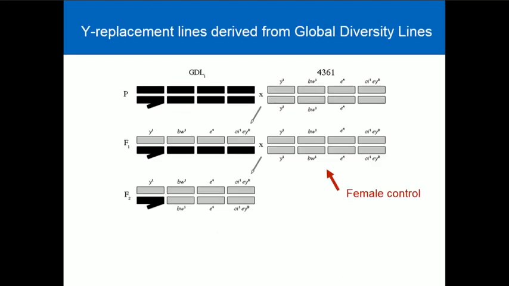So this means making Y chromosome replacement lines, and this is dead easy. There's a line that the Bloomington Stock Center has that has markers on all four major chromosomes in flies, and with just 2 generations, if you set up a big enough cross, 1 out of 32 flies will be of this sort that's totally replaced. So its genome is entirely the same as this initial line, except it has this new Y chromosome now. So you do that across all 84 lines. All the lines are genetically identical in their entire genome except for the Y chromosome.